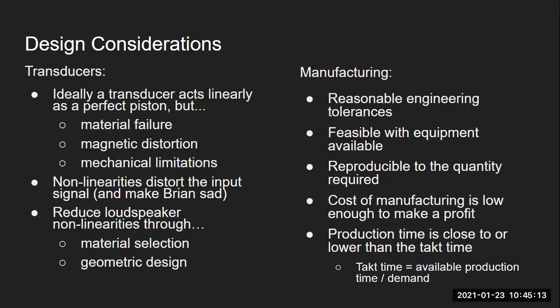And in general, I like to also think about part variability. A lot of speaker components, sometimes like the spider component, are highly variable, up to I believe 20% variation in its mechanical properties. So you kind of have to keep that in mind: for whatever my transducer is being used in, can it take this amount of variability from part to part?